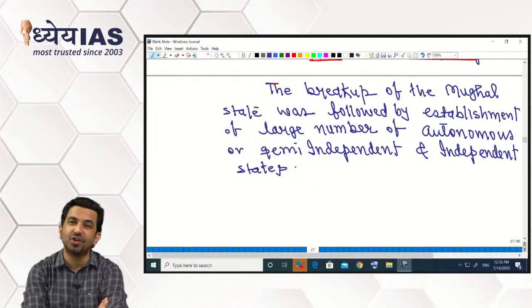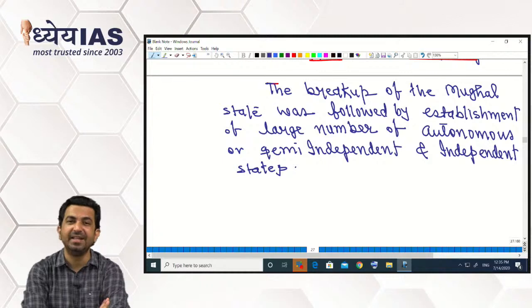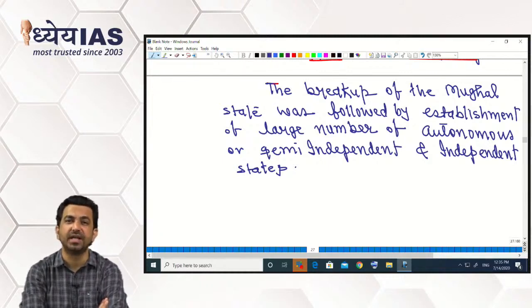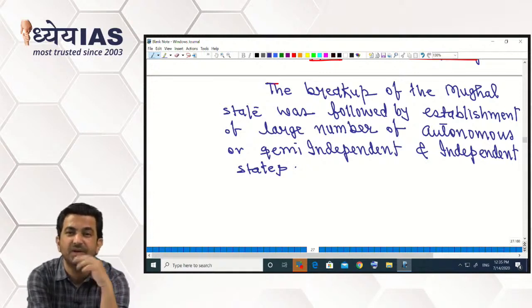But within a short span of 1 year, in 1713, Jahandar Shah was killed by his nephew Farrukhsiyar, who became the emperor. So Farrukhsiyar was the next Mughal emperor, killing his uncle Jahandar Shah. But Farrukhsiyar was not a powerful man, not a man of caliber. He killed Jahandar Shah with the help of other nobles called